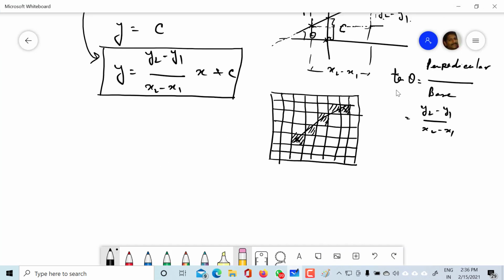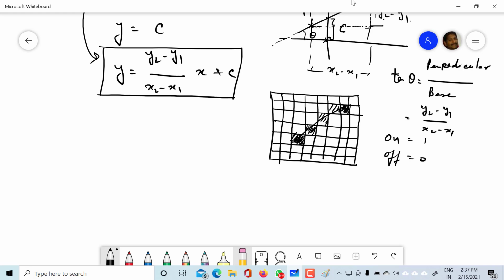Therefore, if you want to draw a line, first of all you have to understand which pixel you should make in the on state and which pixel you should make in the off state. Yesterday I discussed that every pixel is like a diode. So a diode will be either on or off, that means it will be either 1 or 0. So if these two pixels are the starting and ending point of a line, then these two points are at least in the on state.